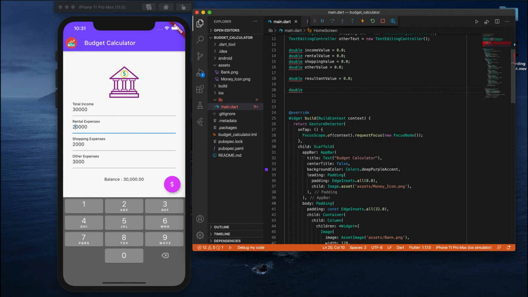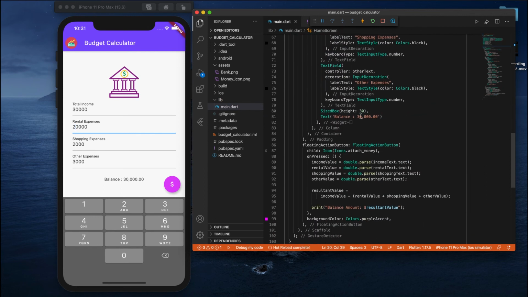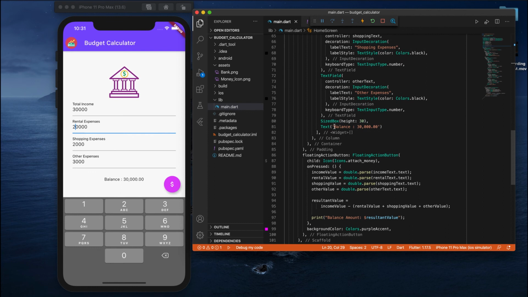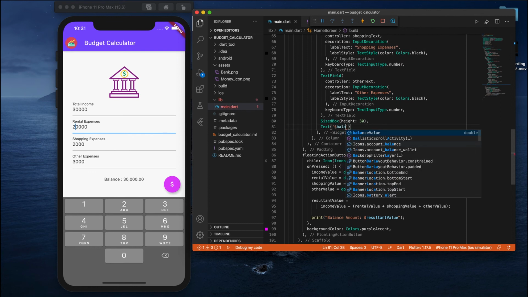So double balance value. Let me write something called balance value, and the initial value is 0.0. And instead of this, if you give something like this, balance value.